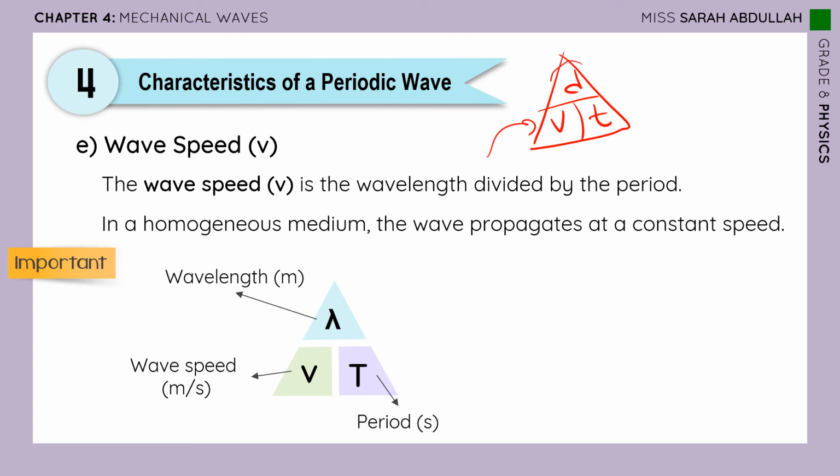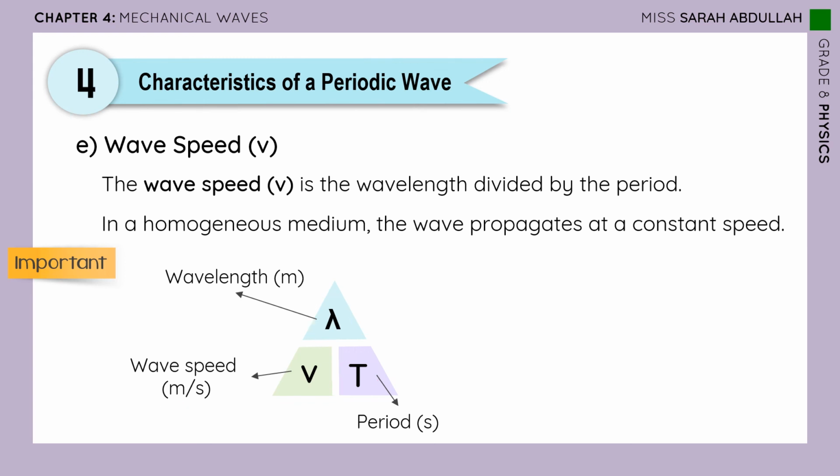If I gave you the distance traveled by this wave during a certain amount of time, not the period, more amount of time, you can find the speed. But we have a specific one here where we have the wavelength, which is the distance traveled during only one period, and we have the period. So this is how we can find the wave speed, which is in meter per